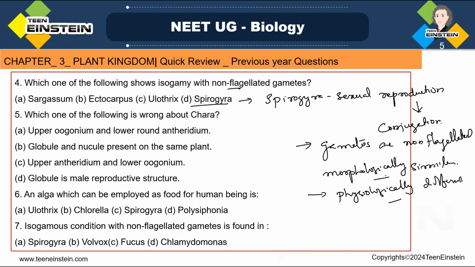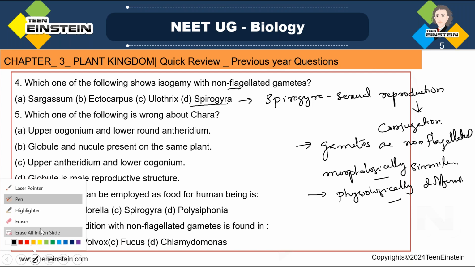So which is the right answer? In Spirogyra, sexual reproduction occurs through conjugation. Gametes are non-flagellated and morphologically similar, but physiologically they are different. So there you can see the isogamy and the non-flagellated gametes. Clear? Then next question, fifth question is,